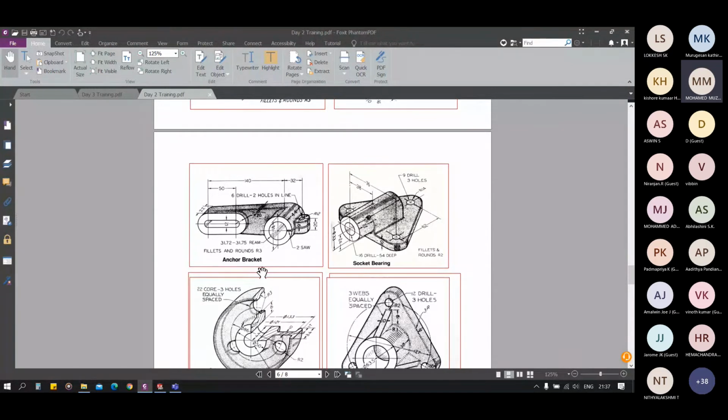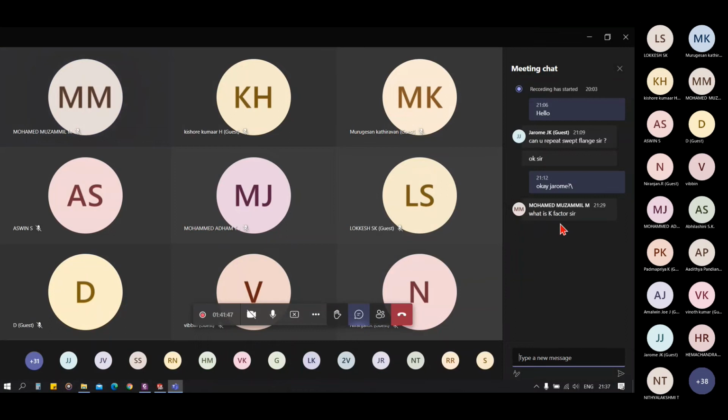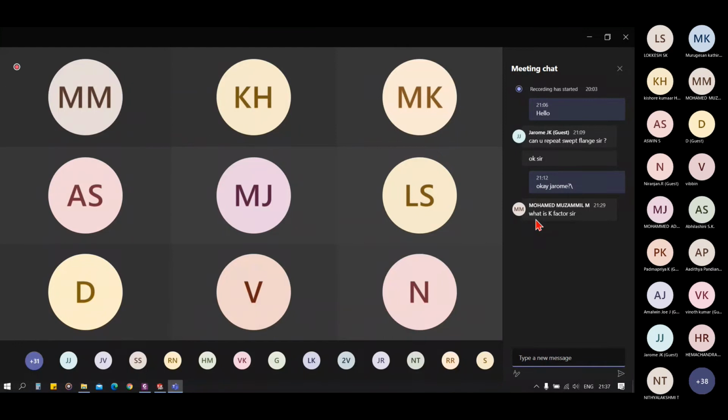No, sometimes an error is coming while doing those functions. Yes. So let me answer this question first. Someone is asking, what is the K factor? Basically, K factor is the ratio of bend radius to the sheet metal thickness, and it is usually between 0.3 and 0.5.